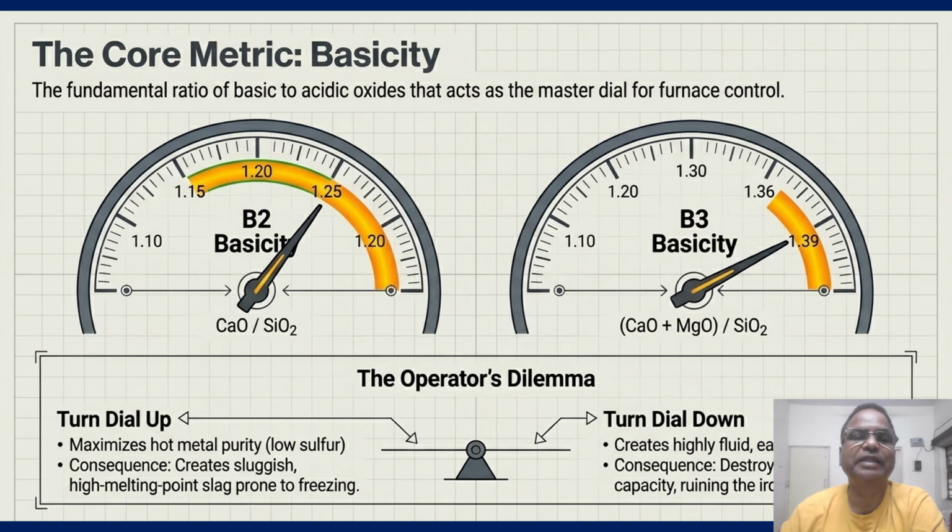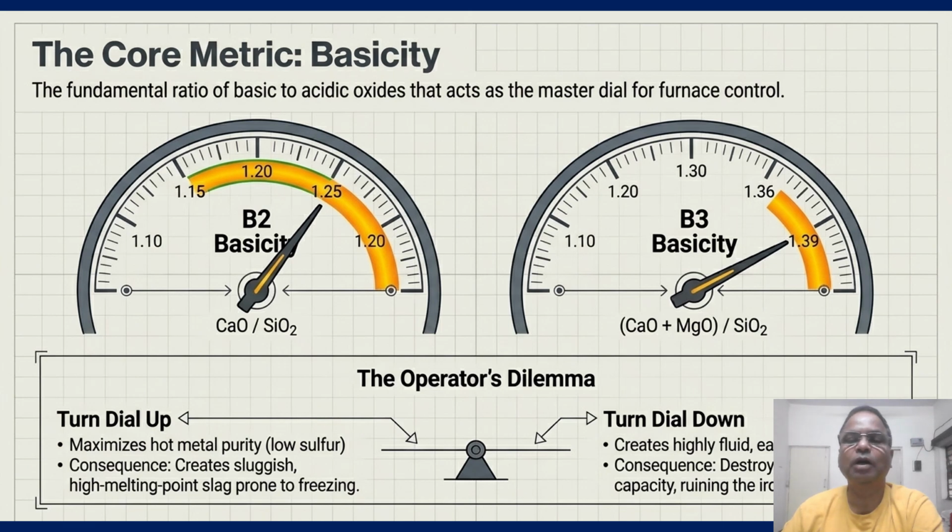Now, good slag needs balance between CaO, SiO2, MgO and Al2O3, where these four oxides constitute 94 to 95% of the slag. Too much alumina pushes viscosity too high and makes tapping very difficult. So this is the first step: whatever we make, we architect, we engineer in the hearth of the blast furnace, that should flow easily.